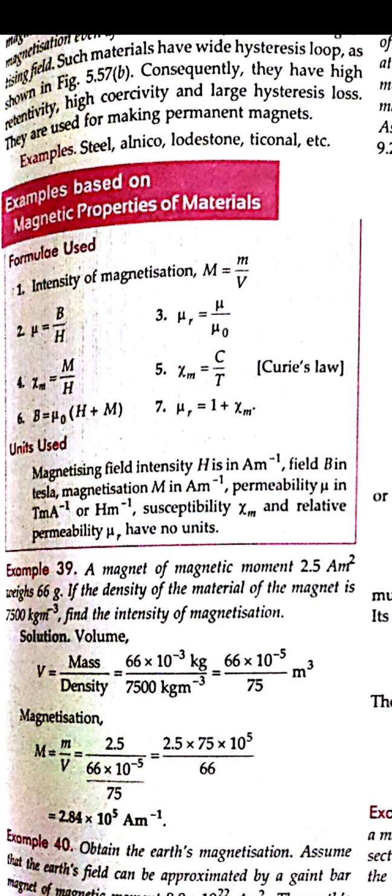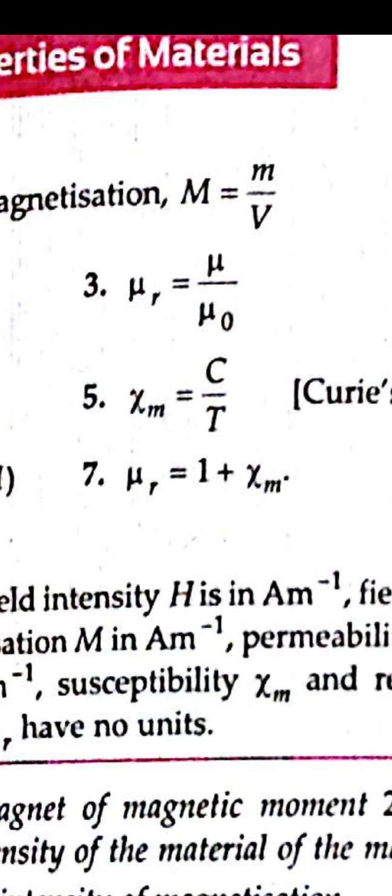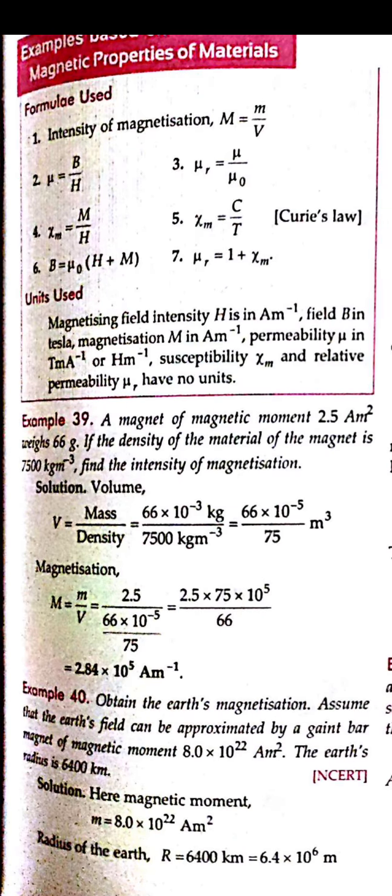Here you can see the intensity of magnetization is given as m upon v, where v is the volume and small m is the magnetic moment. The magnetic moment is given by 2.5 ampere meter square, and the mass is given by 66 grams, and density is given by 7500. From there we can find out the volume, that is, mass upon volume is given by density. So for finding volume, we can write it as mass upon density,